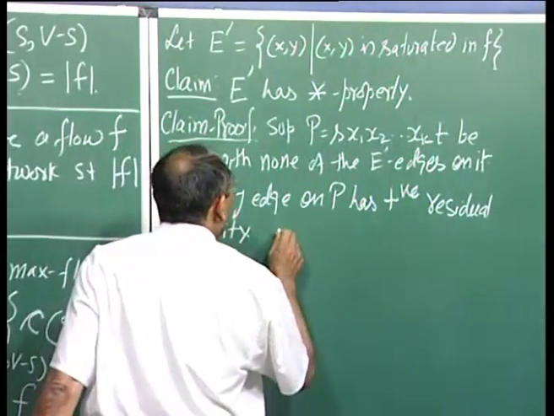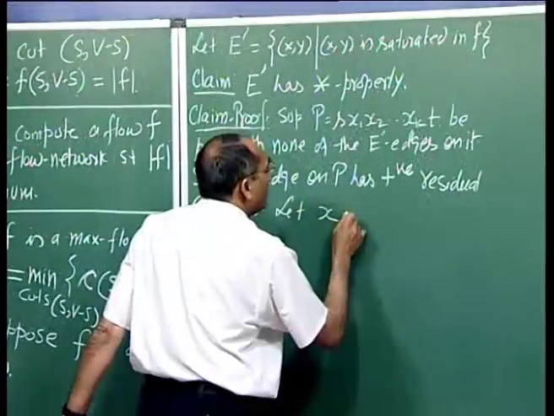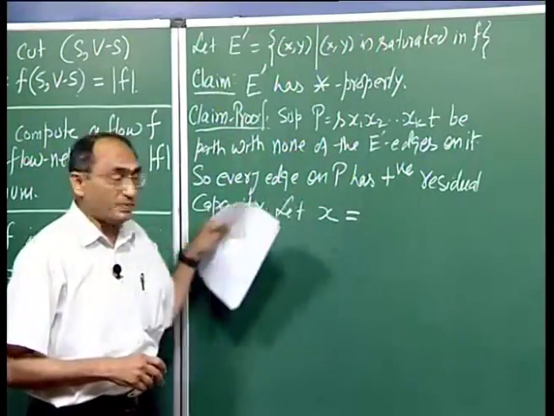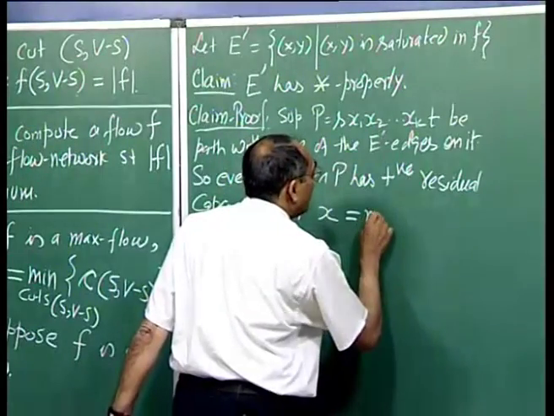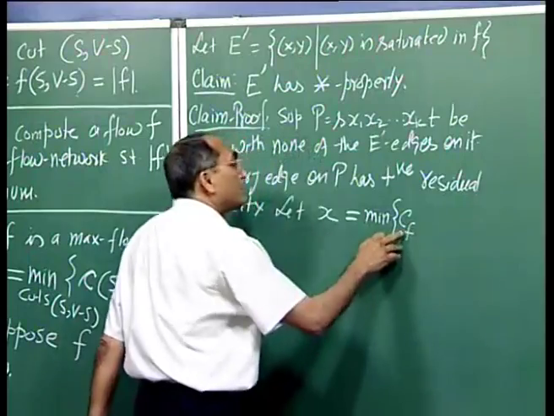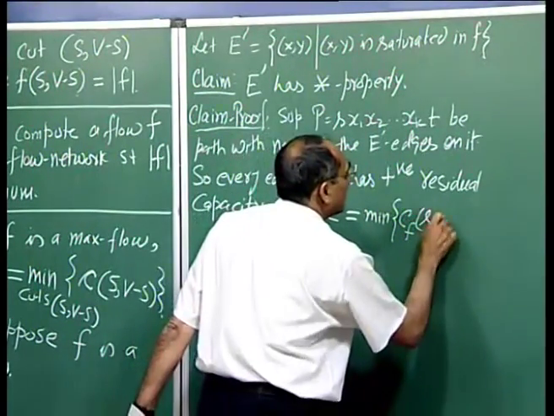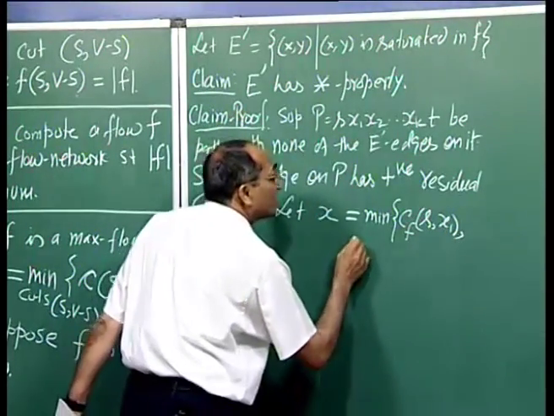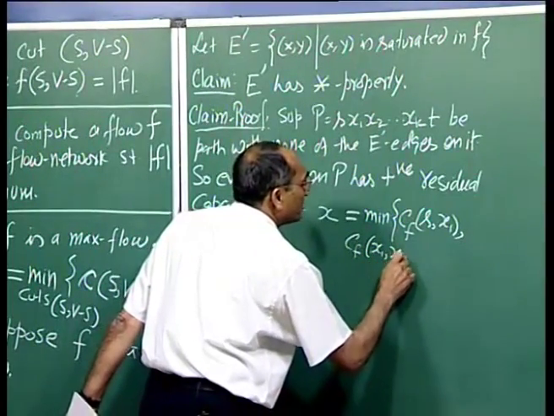Okay. Let x be equal to the minimum of all these residual capacities. So, let us just say minimum of, we denote residual capacity as Cf of S x1 comma Cf of x1 x2